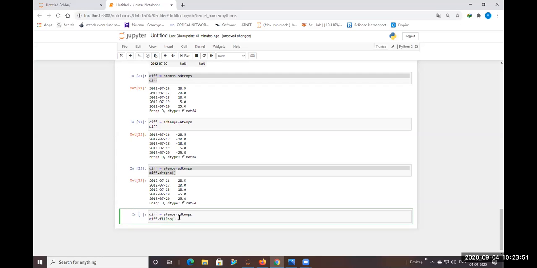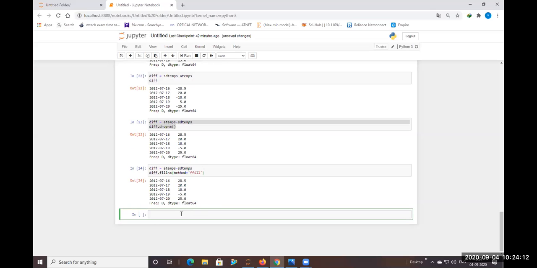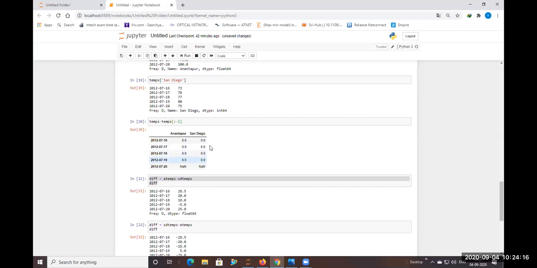Fillna with the method of fill, that is the function that is going to fill the respective values if the data is not present in the data frame.